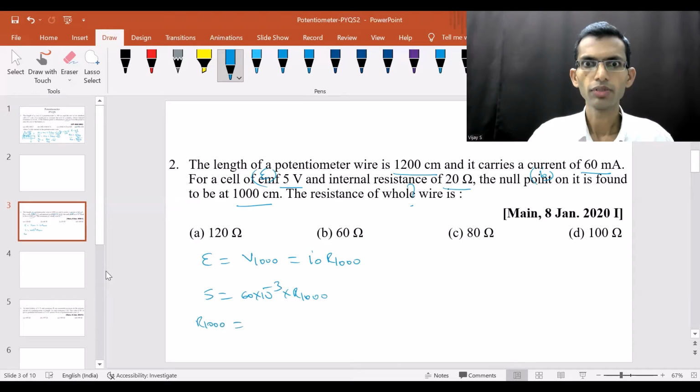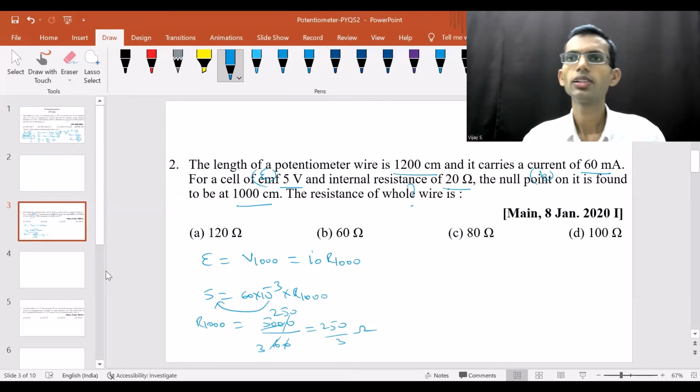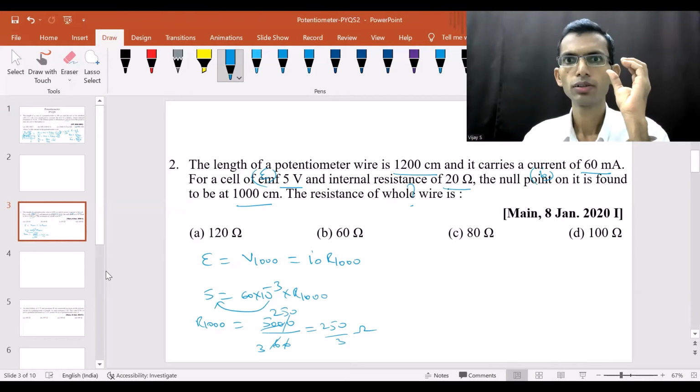So when we take 10 power minus 3, it becomes 5000 by 60. Right, so that means 250 by 3 ohm. So that is the resistance of 1000 centimeters. But what we need is the resistance of the whole wire, that is 1200 centimeters. The resistance of the 1200 centimeter wire is given by rho L